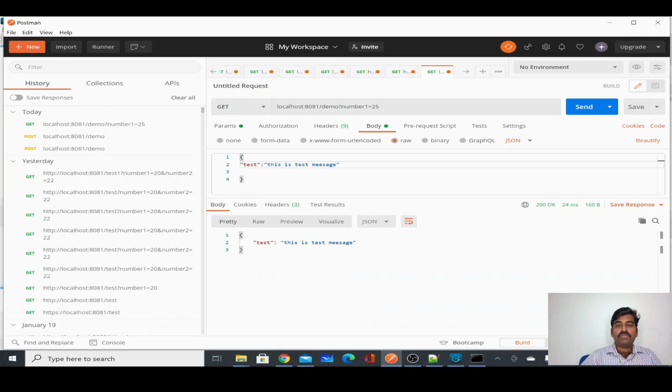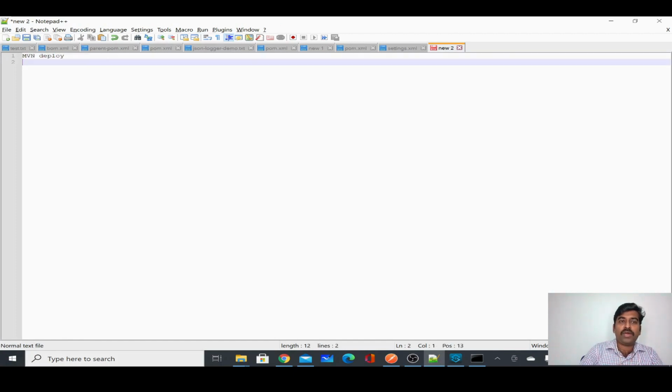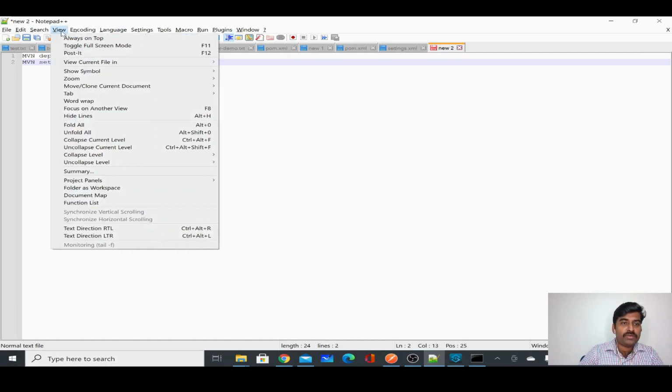Today we mainly saw a few things. We saw how to configure and run the deploy, and how to create the settings XML in Maven.